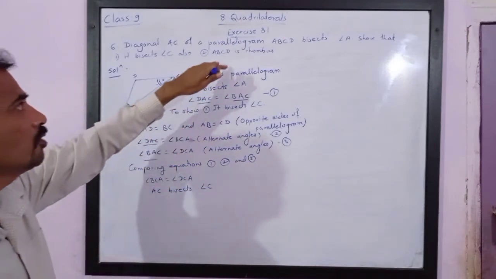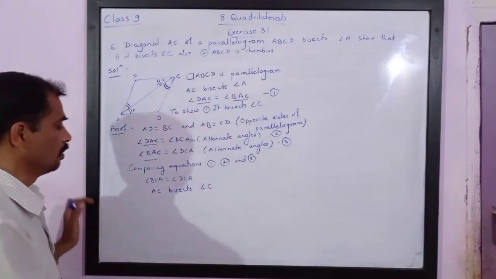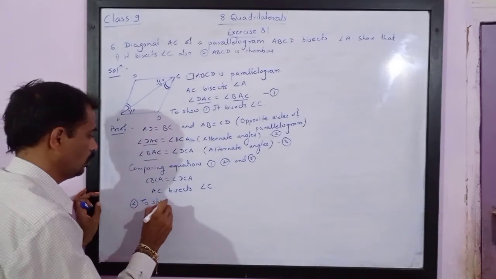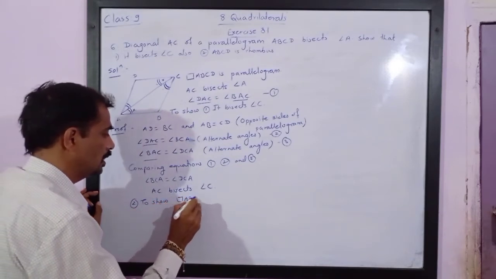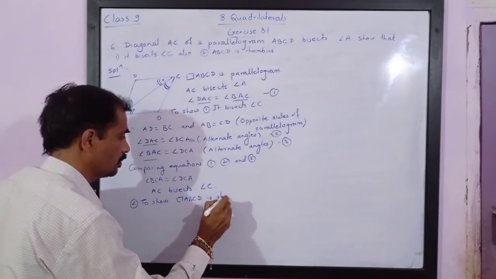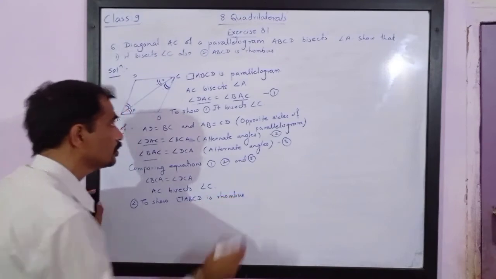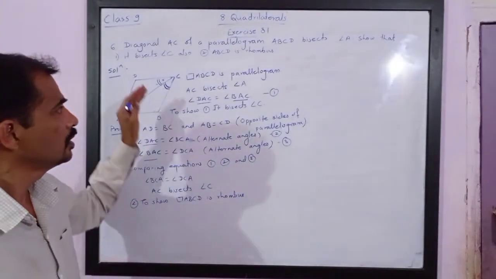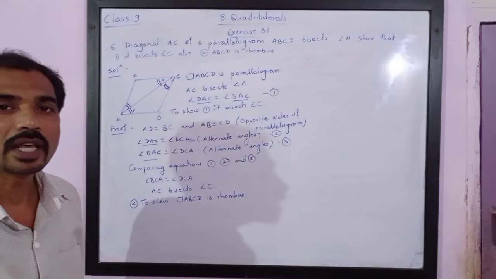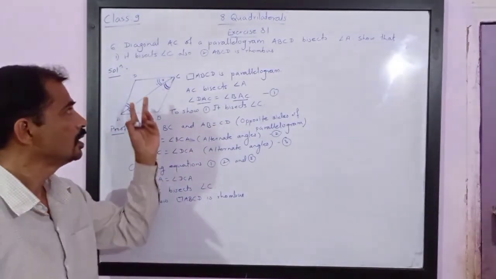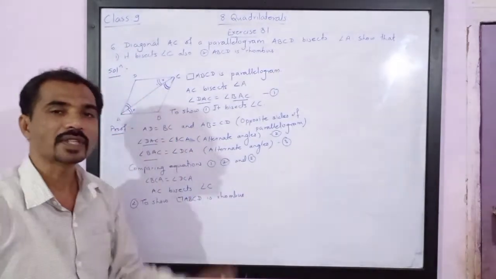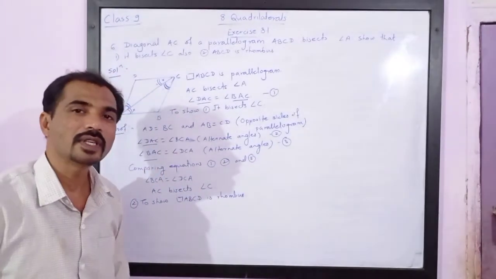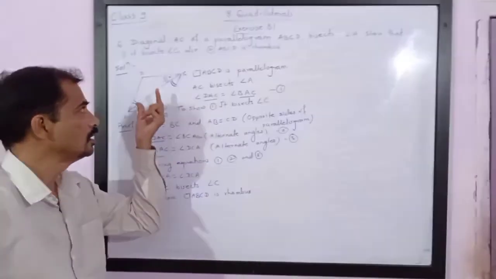Now see, second part we have to prove that ABCD is a rhombus. So second part, to show quadrilateral ABCD is a rhombus. Now we have already studied in a triangle, angles opposite to congruent sides are congruent and converse of it is, if two angles are congruent, it means sides opposite to them are also congruent. It is converse of isosceles triangle theorem. You can see the earlier videos. In that you will get this theorem.